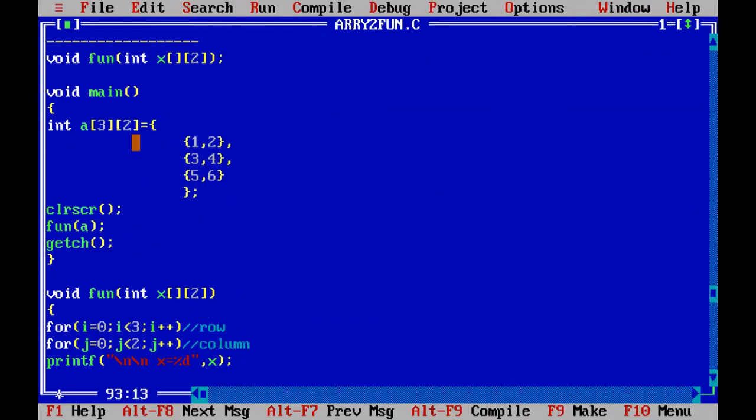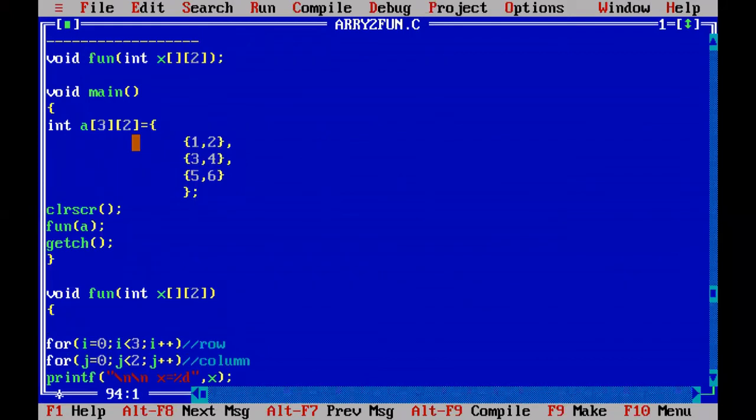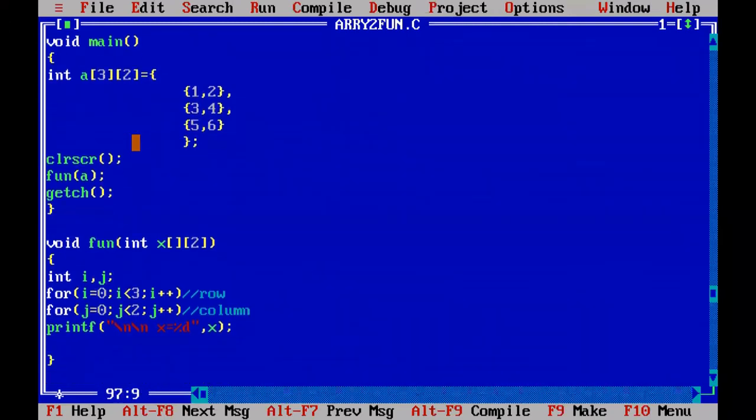And I didn't declare the i, j values. If you don't declare, you will get a compilation error. Declare the i, j variables also. Here, how to print? Write down indexes into the row. The i variable I am going to write into the row, and j into the column, because i belongs to row and j belongs to column. So writing i in the row index and j in the column index. These three statements will print a total of 6 elements in the x which are passed from the calling function fun a.